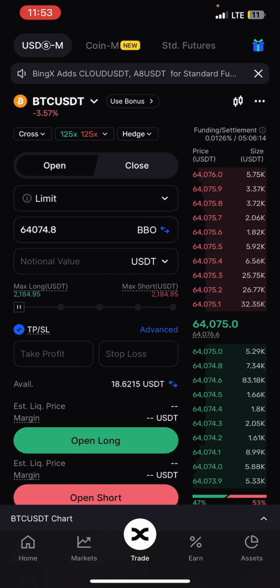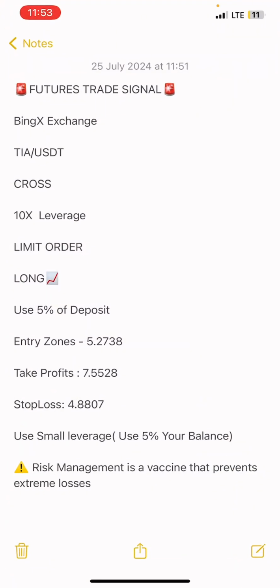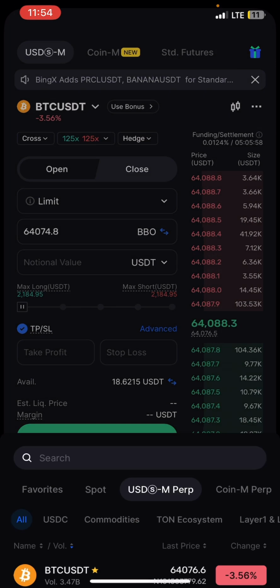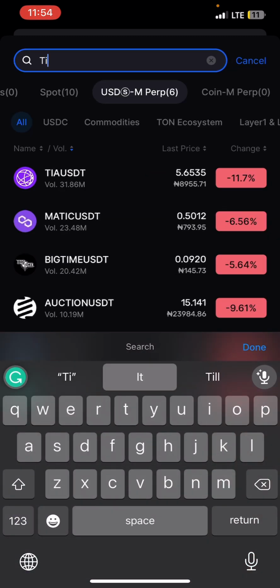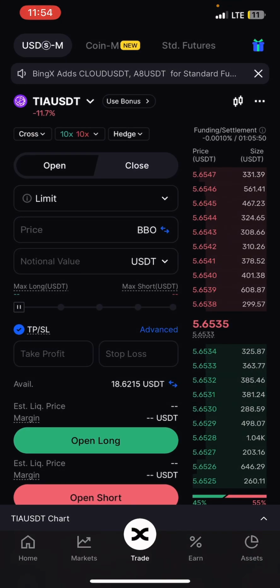Now, the next thing is you see BTC/USDT. What is the token you are trading? The token, the pair, that you will be trading will always be there. So that's the first thing you should identify: TIA/USDT. So you come here where you see BTC/USDT, there's an invisible slash. Tap on that. Where you have search, click on search and search for the coin TIA/USDT. Tap on that. You see it has changed at the top.